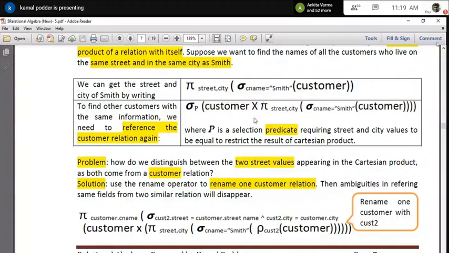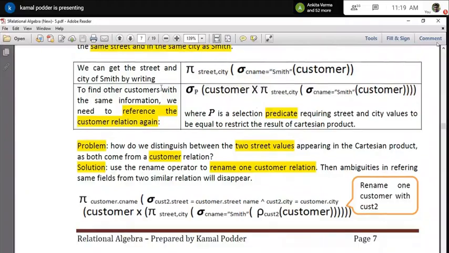Now you just see that. I have done the Cartesian product of the customer with this. That means it will create a combination result with the customer table. Mind it, here I am using the same table, so naturally the field names are street and city.